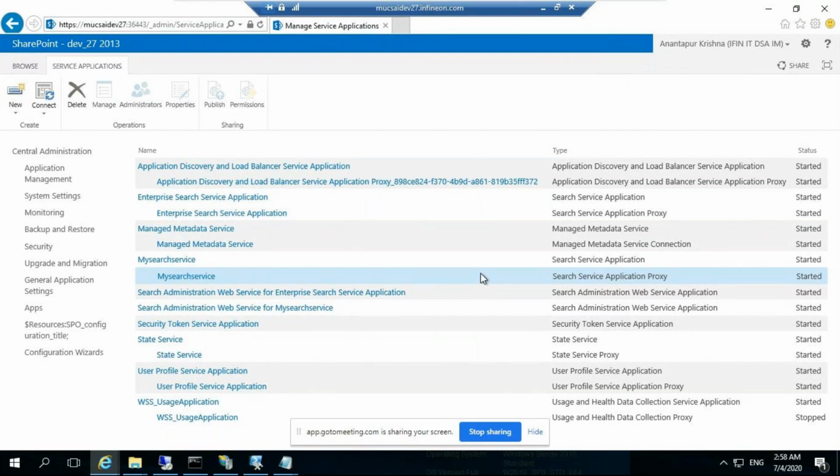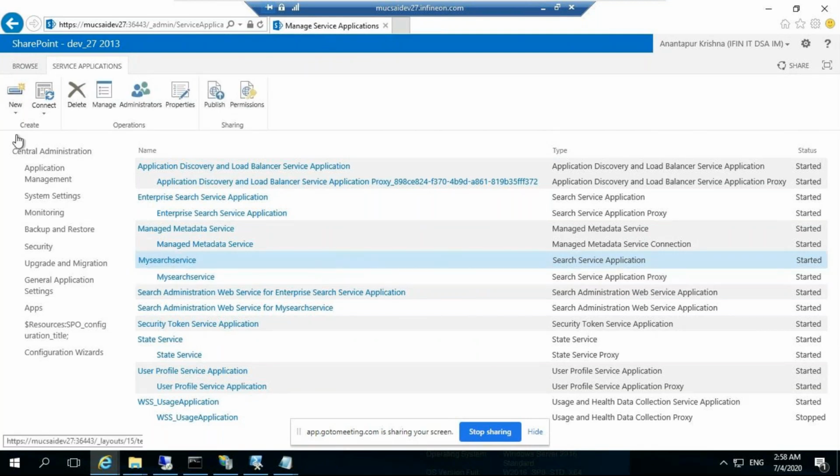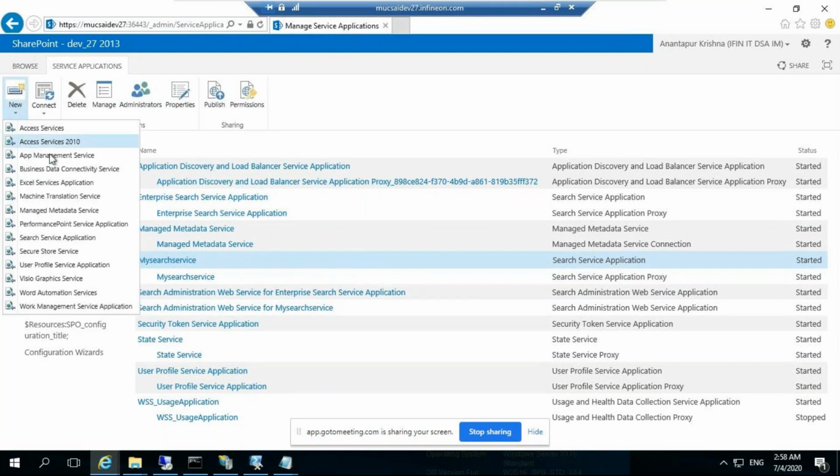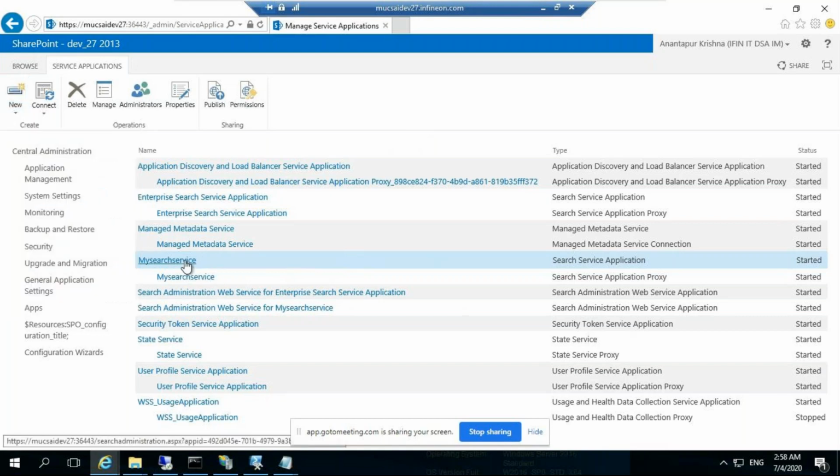See, when we create a search service application or any service, a backend database will be created, right? Yes. One search service application will be created, and it contains all the data about the search. Suppose I have another farm and I want to connect to that farm, and I want to pull the search results from there.